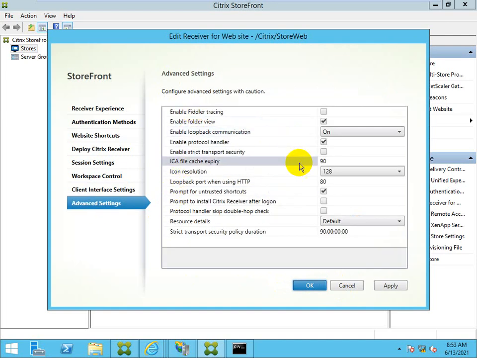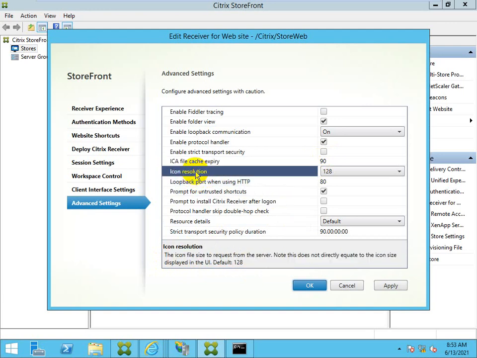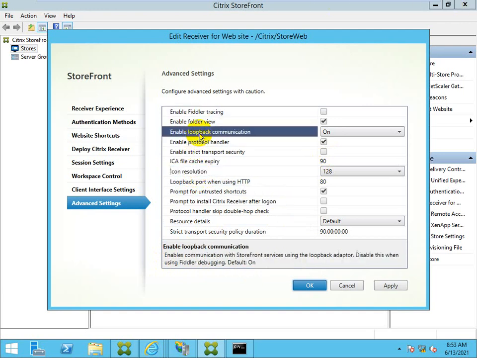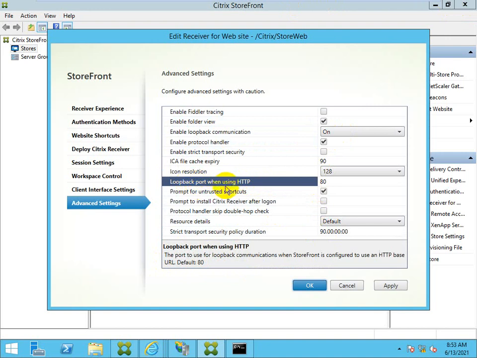Advanced settings, here is the main thing. ICA file cache expiry is 90, in seconds. You can see here the number of seconds. This is the icon resolution. This one is loopback communication, and this is the loopback port number for using HTTP, which is 80.